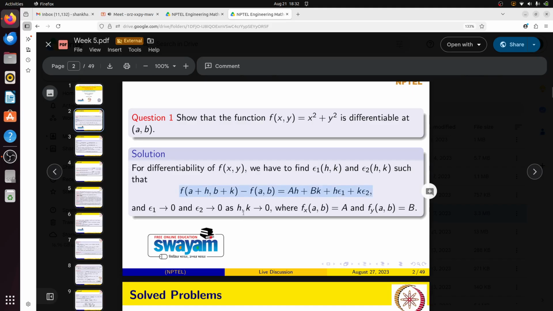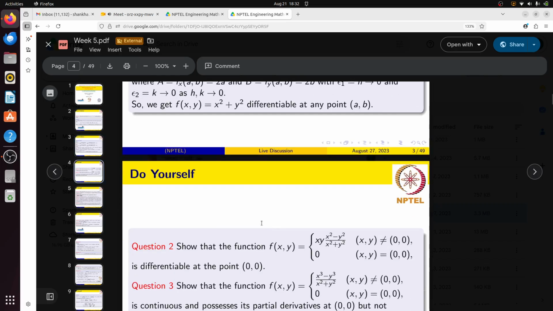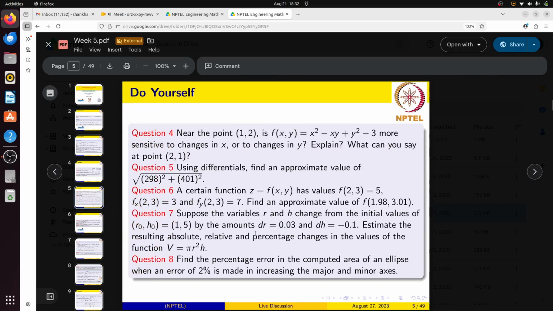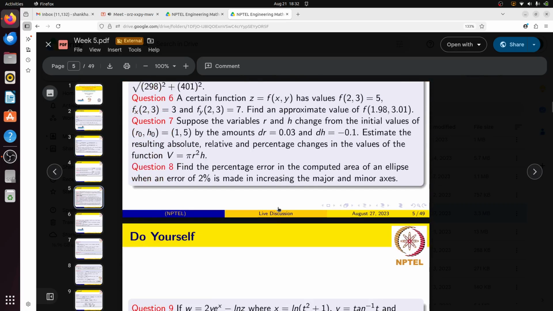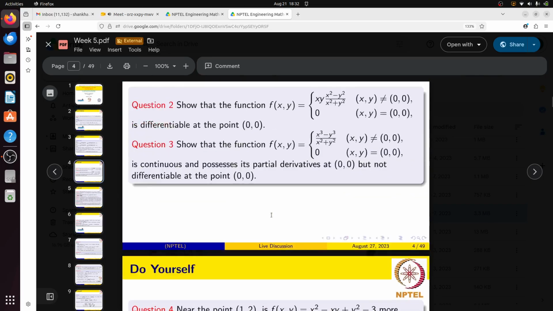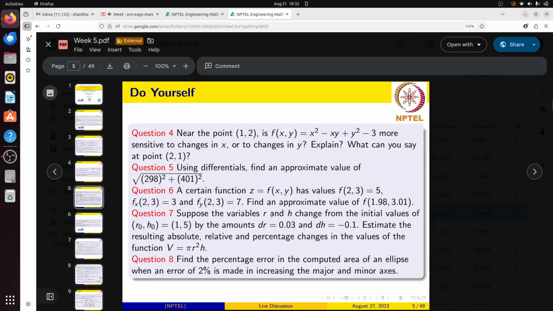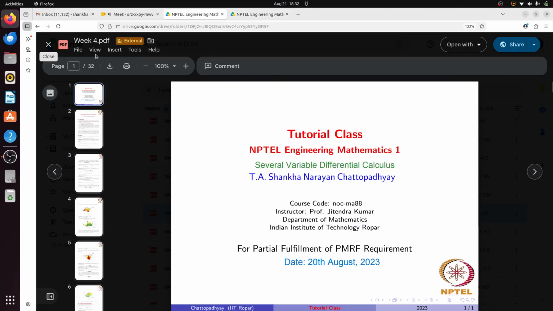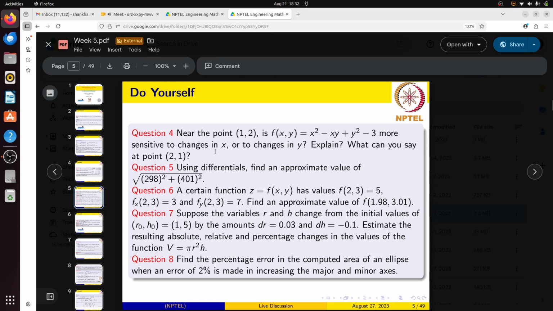And now, I will discuss some problems of how this type of exam problems come in the JAM exam, and you need to solve them within the time. And then there are some questions that I will not discuss, they are for your home task. I have already shared this link, and here week 4 and week 5 PDFs are saved. Here you can get these problems.